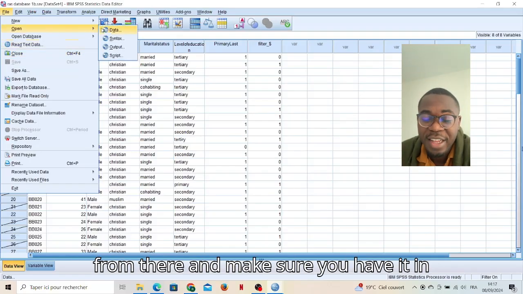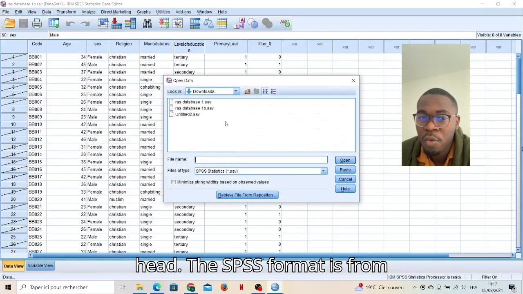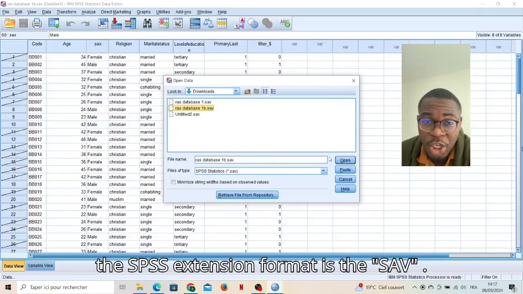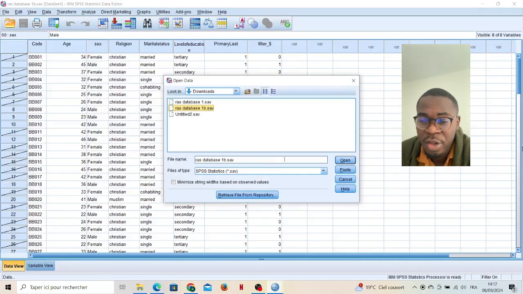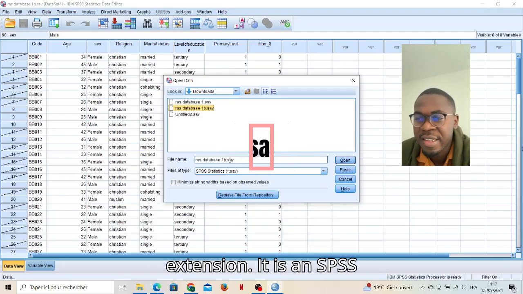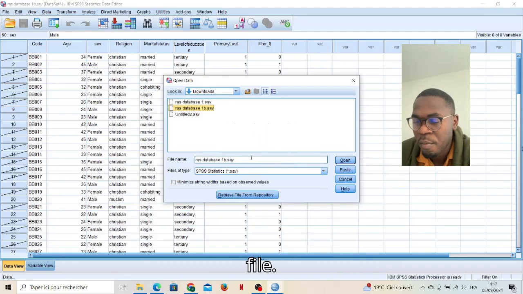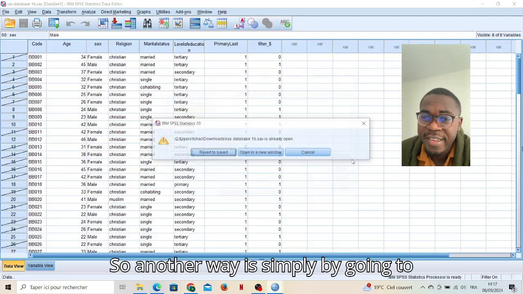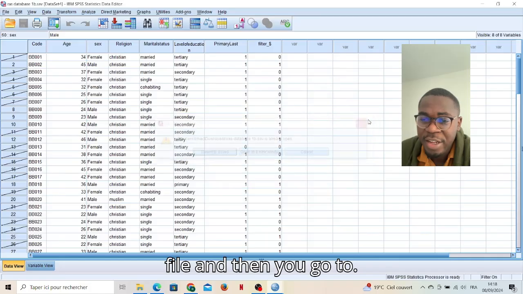Make sure you have it in mind: the SPSS extension format is .sav. So any file you see with this extension simply means it is an SPSS file. Another way is simply by going to File and then you go to